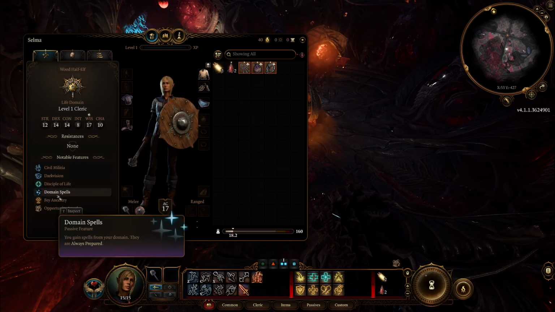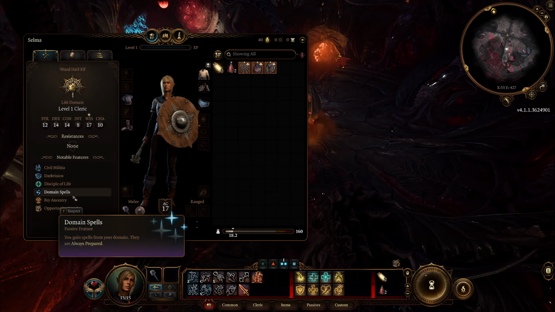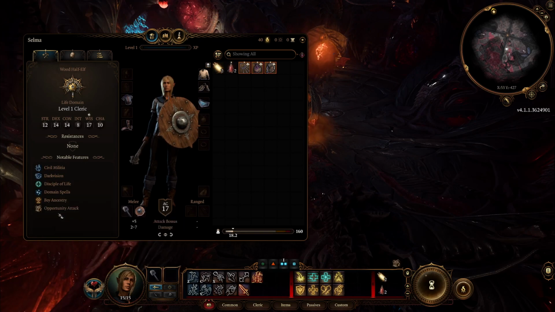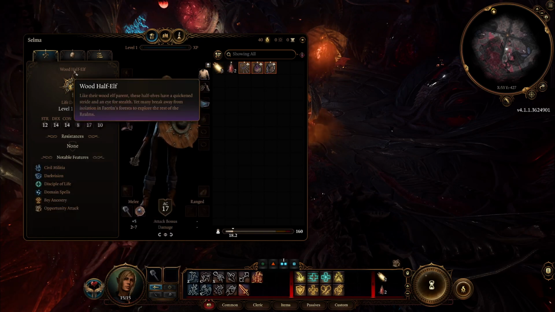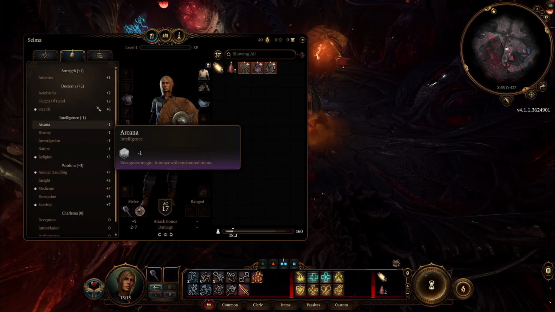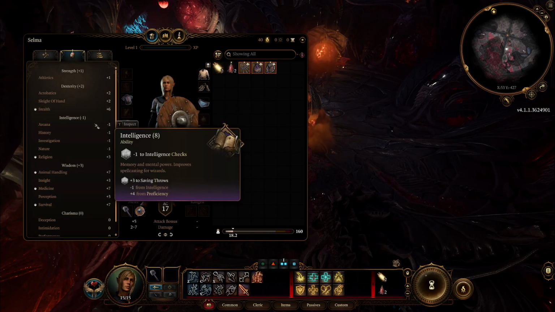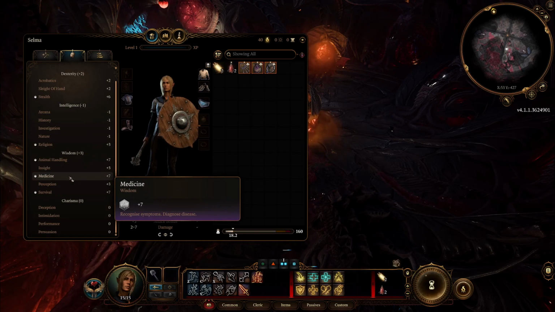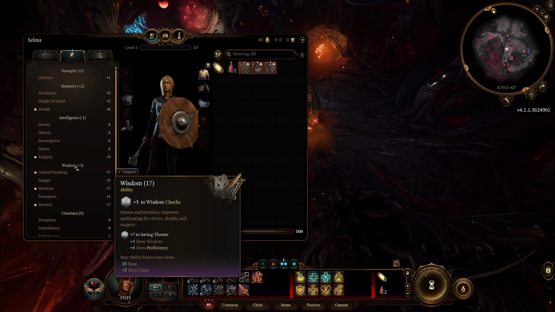We got domain spells. They're always prepared. Fey ancestry because we're a half elf. And we have opportune attack. We're a wood half elf too. So that means we also get fleet of foot so we can move further. We have proficiencies in stealth, religion, animal handling, medicine, and survival.